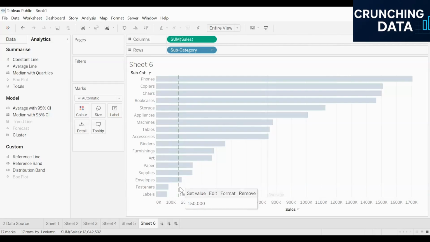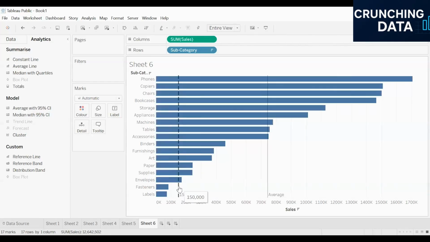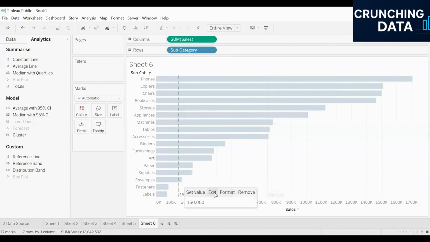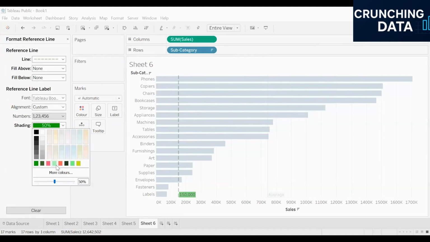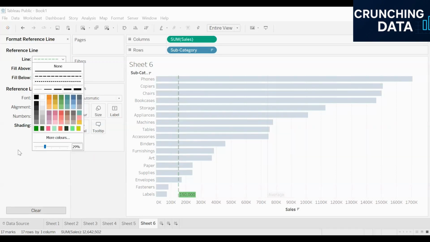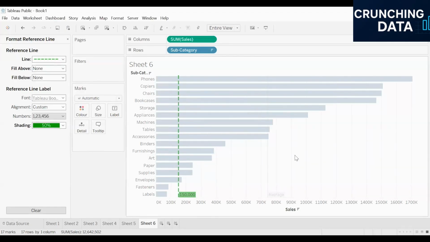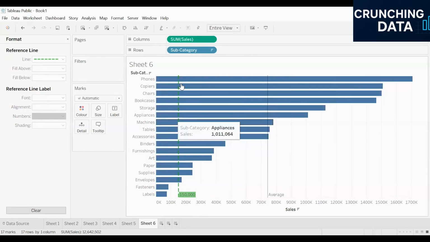If you want to edit it again, you can click on this line and you can choose the edit option. So here I have the edit option and I have the format option as well. Right now the shading is given as white color. Let me give the green color to it for the label, and also I can do the same thing for the line. Now it has applied. If you want to increase the darkness of this line, you can increase the opacity from over here also if it is not visible. So over here, I can see this line is now made on the value of 1,50,000,